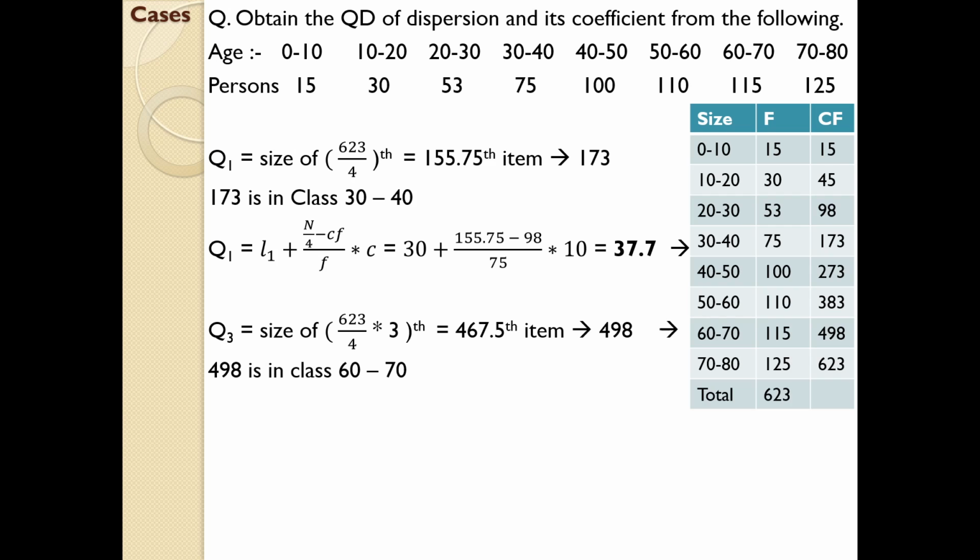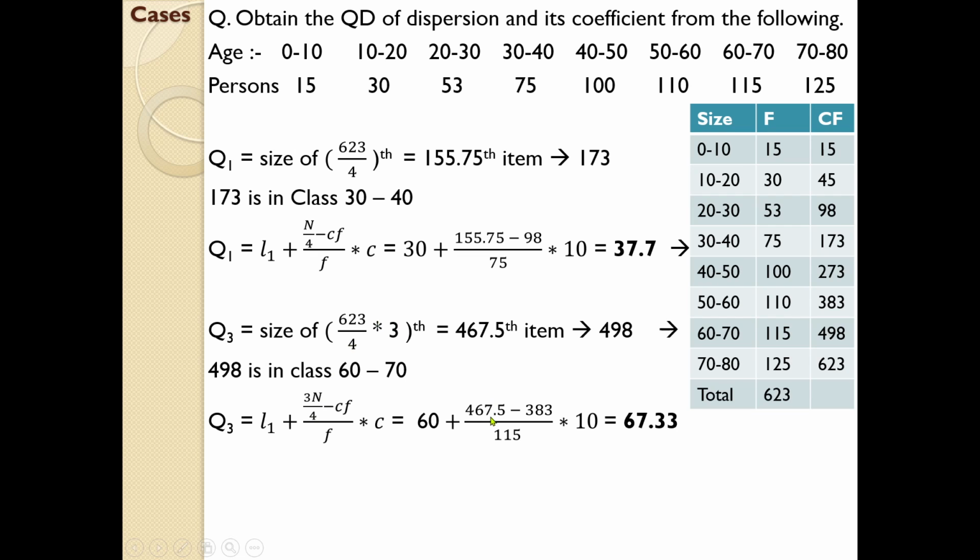Now use the same equation of Q3, that is Q3 equal to l1 plus 3n divided by 4 minus CF divided by f into c. See the difference between Q1 and Q3. See, here it is n by 4, but in case of Q3 it is 3n by 4. So let us substitute the values. L1 is 60 plus 3n by 4. We already computed here. See,